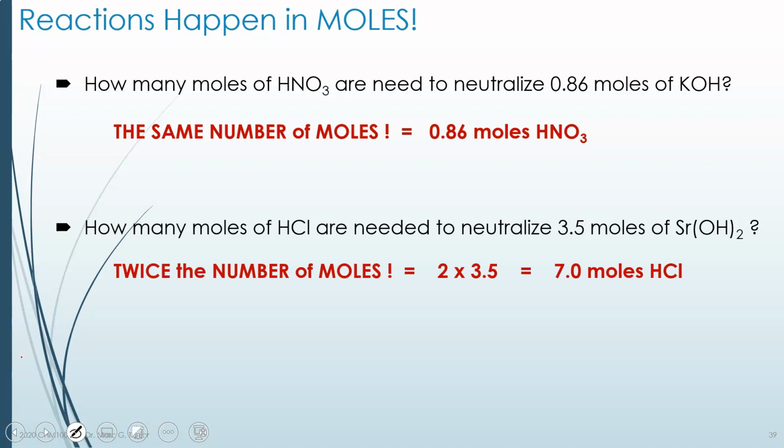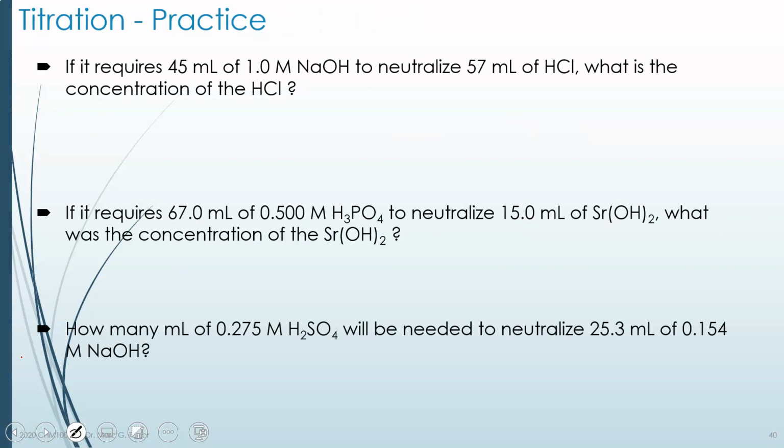But what if we have something more complicated? If it requires 45 mL of 1.0 molar NaOH to neutralize 57 mL of hydrochloric acid, what is the concentration of hydrochloric acid? Okay, well now we have a problem where we actually have to determine the moles. We're not just given the value of moles. So